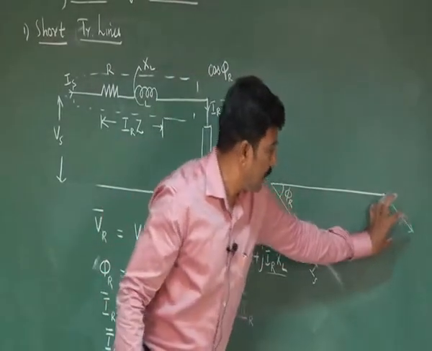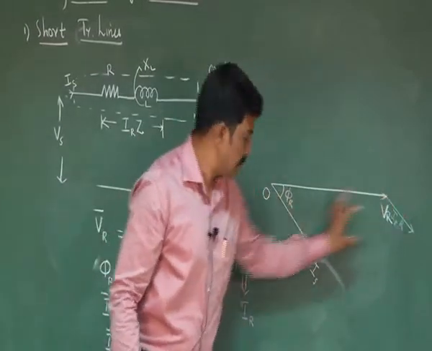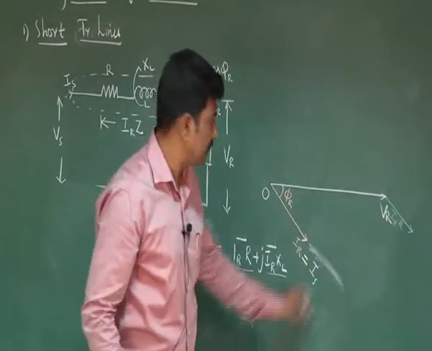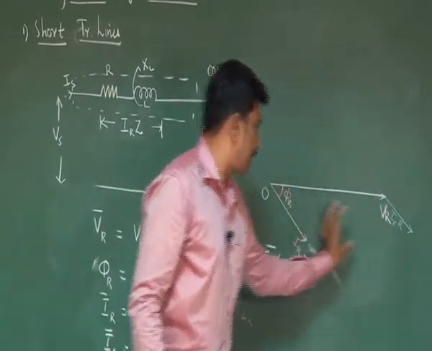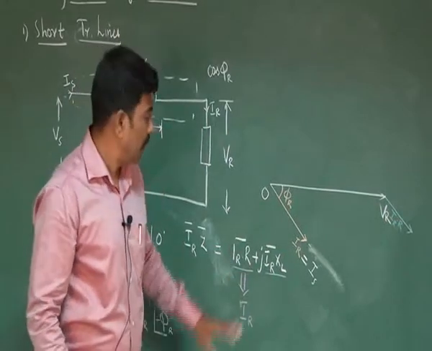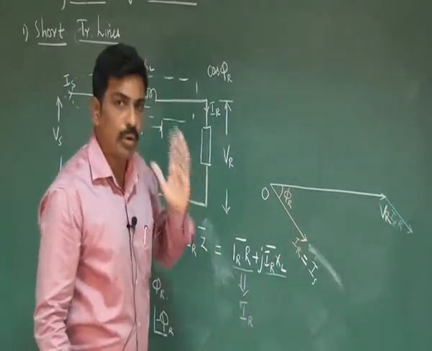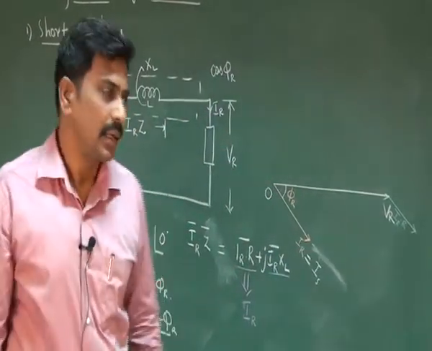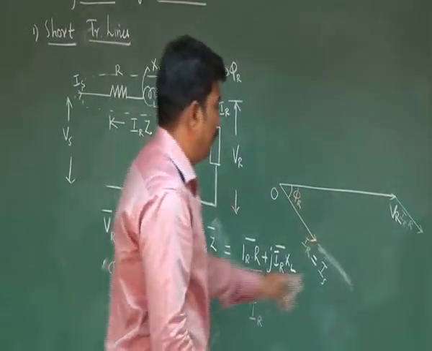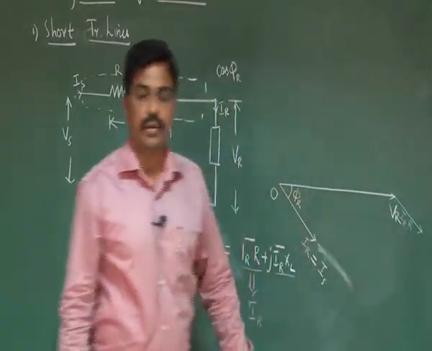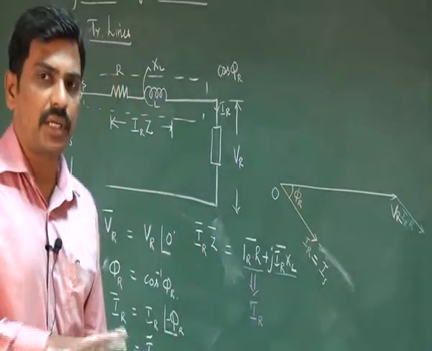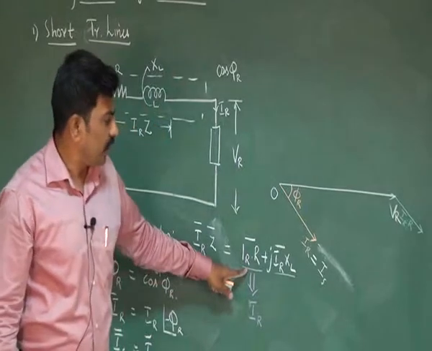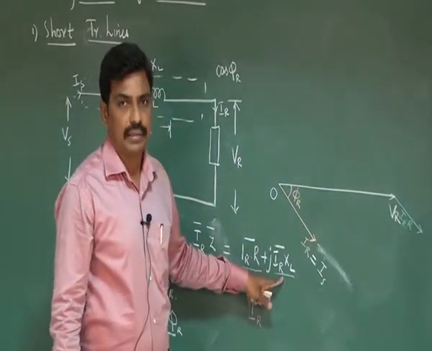So the resistive drop is in phase with, look at the two vectors, IR is in phase with the voltage drop across the resistance, or otherwise the voltage drop across the resistance is in phase with IR. Keeping that rule in mind, we have plotted the resistive drop across the resistance, and moreover we have combined the resistive drop with the reference voltage vector VR. So voltage vectors are combined together.